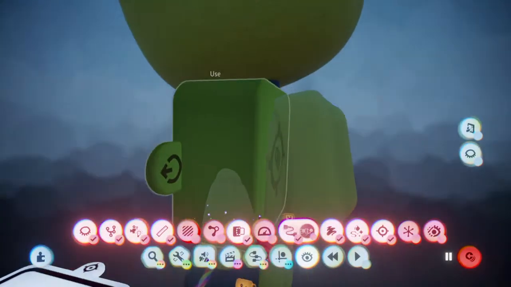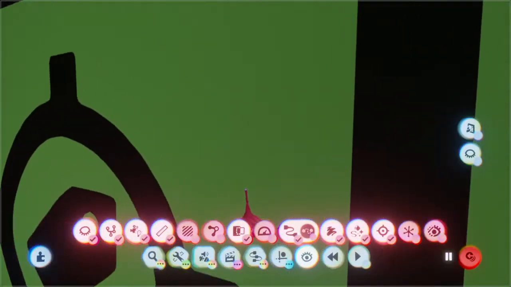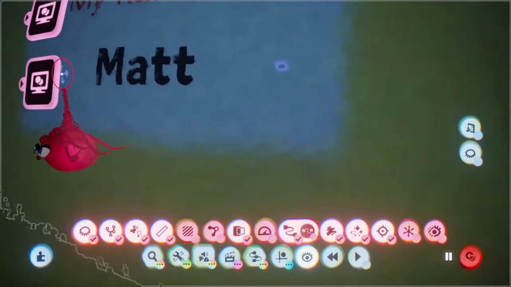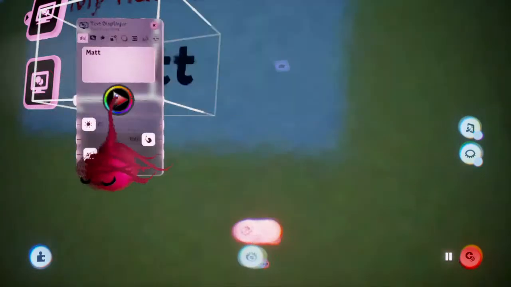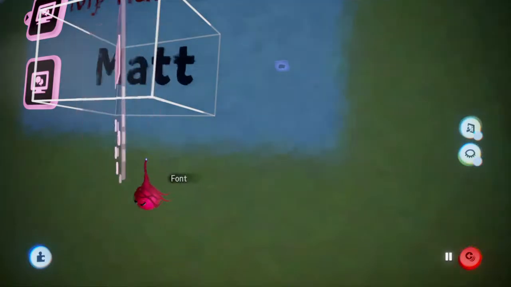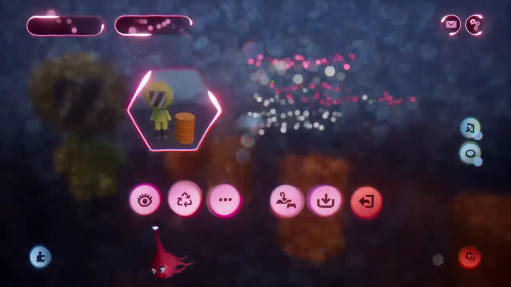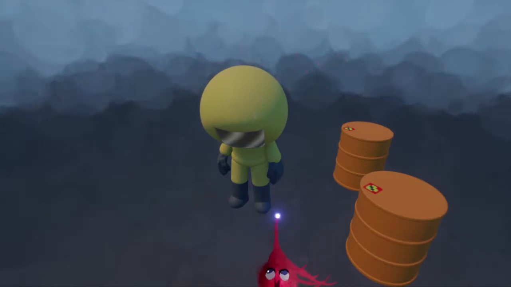We'll turn X-ray on, we'll come in. These ones here. If you want to change his name, you can change that to whatever you want. It's literally his name display. So again,